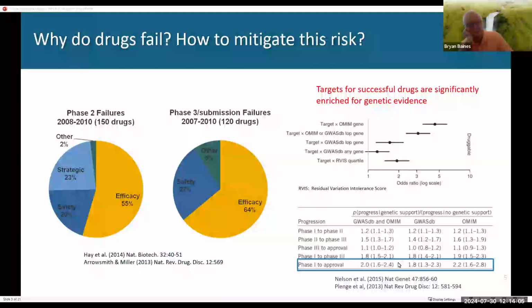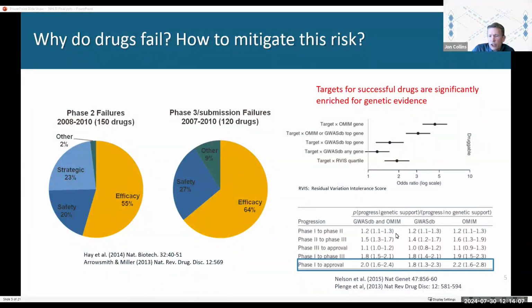So this has really led to a shift in mindset for translational funding groups, investors, and pharma companies. Now they really use this as a key filter. And for those individuals in academic institutions, I'm sure you've seen these RFPs that come out for projects. I would guess that, at least the ones I see, the majority of those have some requirement for human genetic data or human translational data. And part of that stems from the fact that mouse models and rat models are just not predictive of human